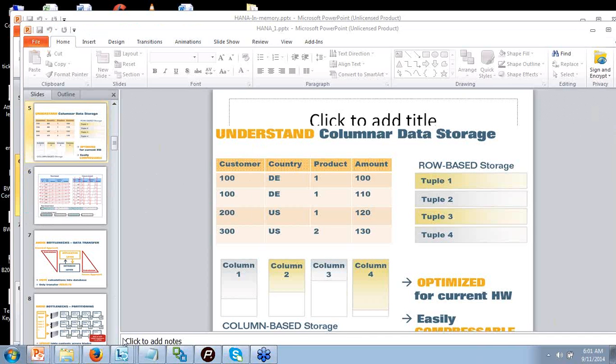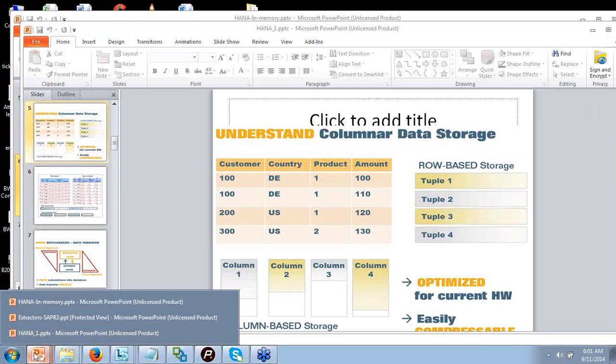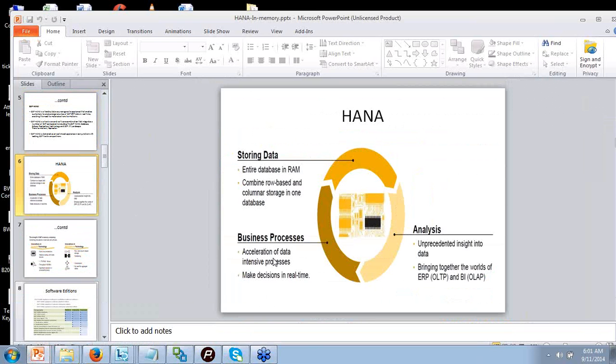Getting back to what we were looking at, the entire database is stored on the RAM. You can combine row stores and column storage in one database. Acceleration of data-intensive processes and making decisions in real time, because you are able to bring data into SAP HANA in real time. And the fourth one, the analysis is unprecedented insight into data, bringing together the worlds of OLTP and OLAP systems. So that is what HANA is aimed at. Now, I've been talking about HANA as an appliance, and it is basically a combination of the